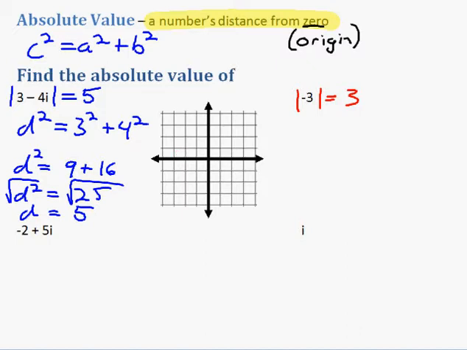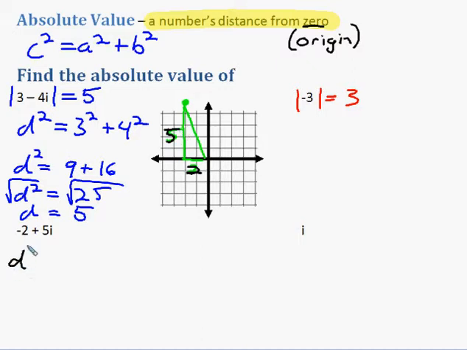So we'll do this one in green like we did before. Negative 2 plus 5i. That was actually off our graph a bit. It's up there. And to find that distance, we still can make a right triangle. We saw that this was 2. This is 2 and this is 5. And so